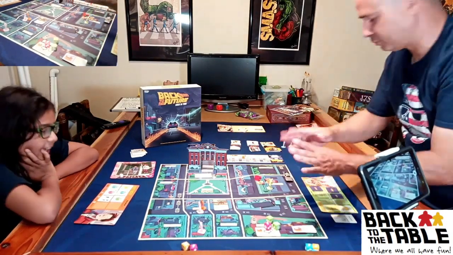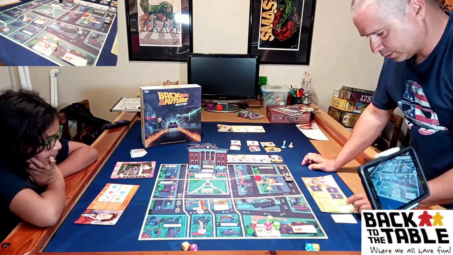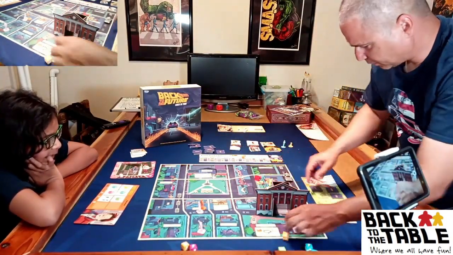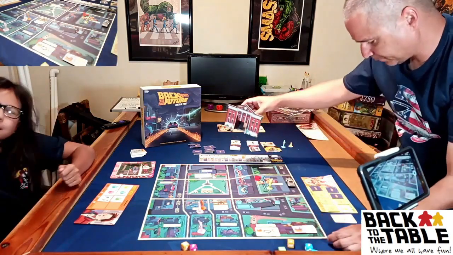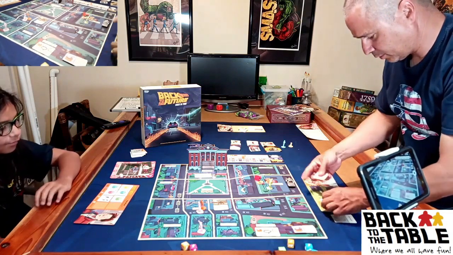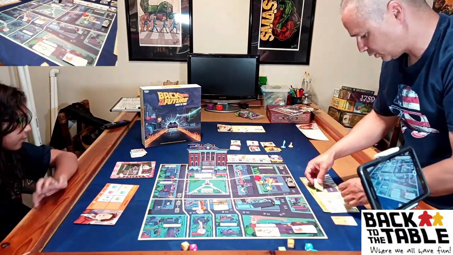So now Biff moves as normal, and I'm done. Oh, hold on. I got 1 yellow dice. I might as well use it for the move. And my yellow dice needs the DeLorean. 1. Yes. And that's it for me. I'll flip everything back over. Boom, boom, boom. And it is her turn, and she will do